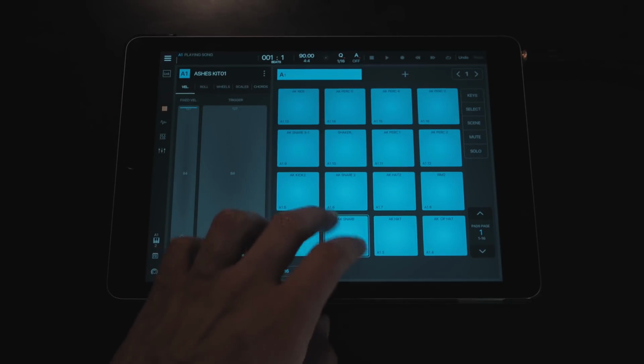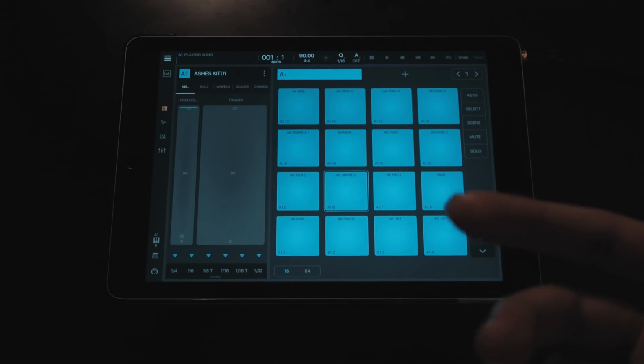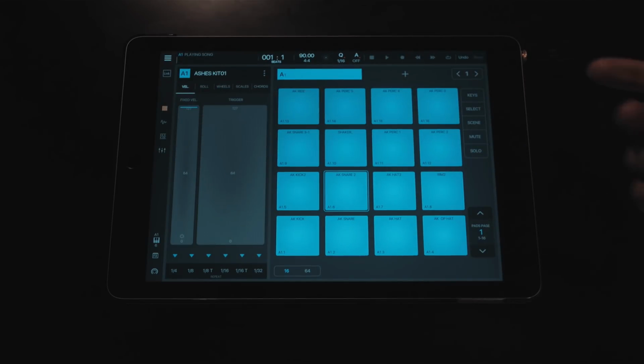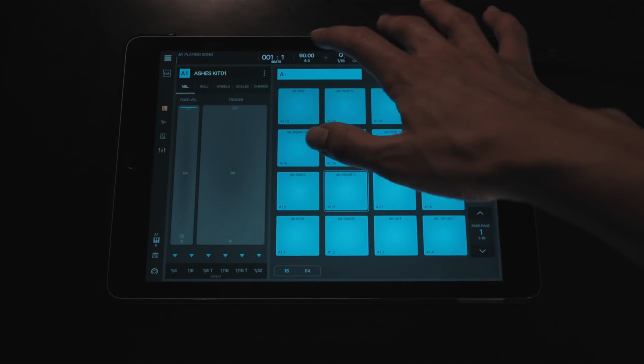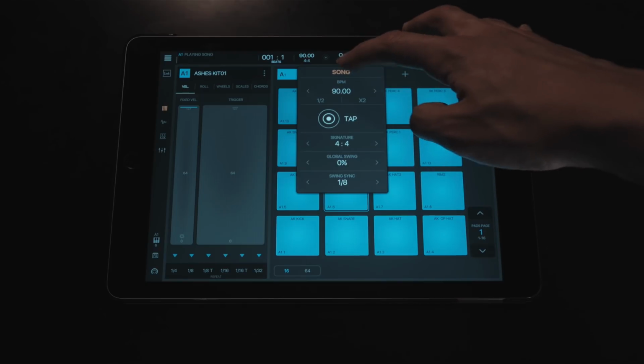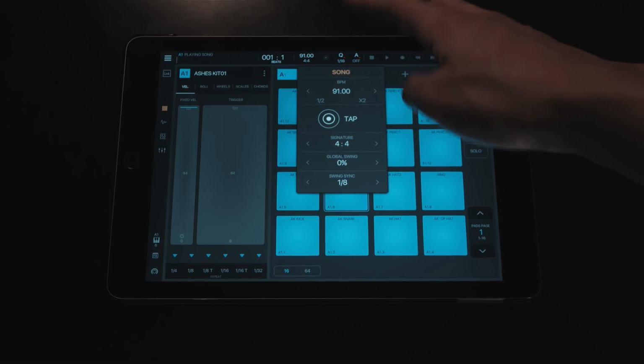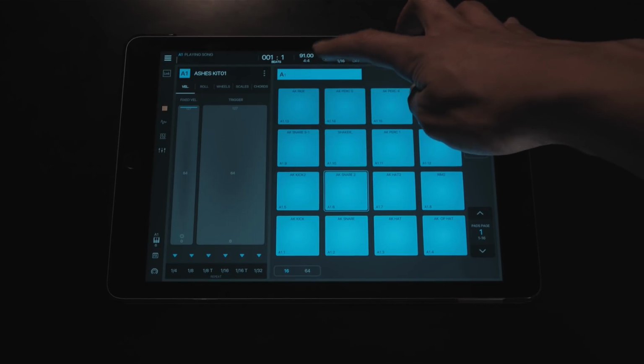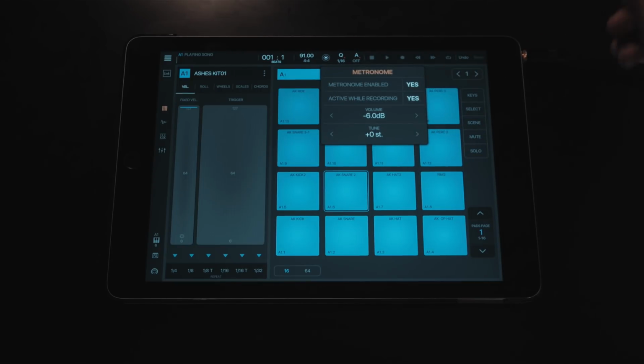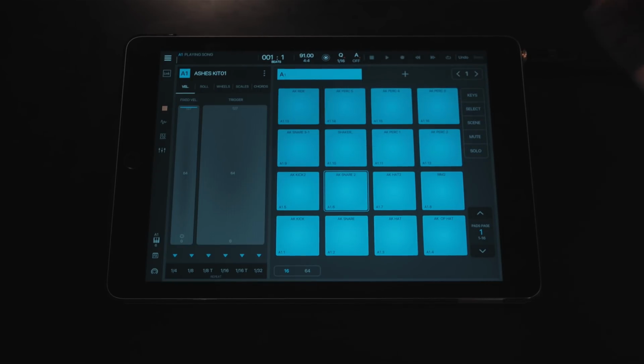Now that we have some sounds to play with, we can exit the menu and have access to our main controls and a view of our performance pads. When playing with them, we can use a wide array of tools. At the top, we have our standard recording tools. Here, you can access your tempo, which is how you can choose the speed of your project. Next to that is the metronome, which will make a clicking sound synced with the tempo. You can think of it as a guide for playing on rhythm.